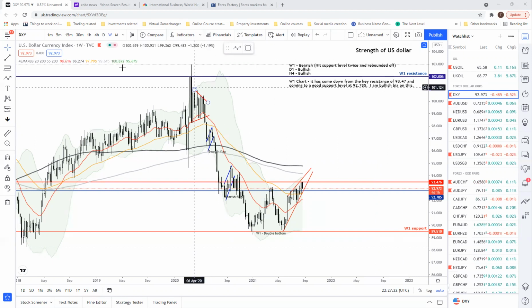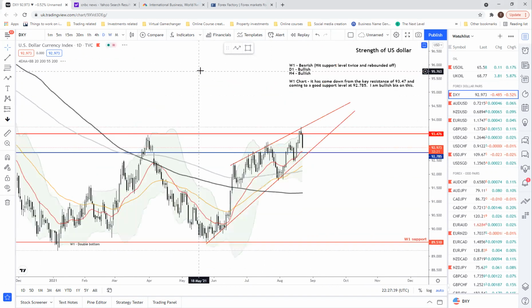From the weekly chart, you can see that there's a very nice rebound here with a double bottom. And since last week, where I shared, it actually hit the key resistance level at 93.47. So coming down to a daily chart, we can see that this is a wedge pattern and is coming